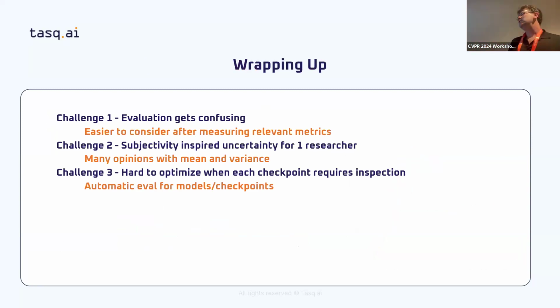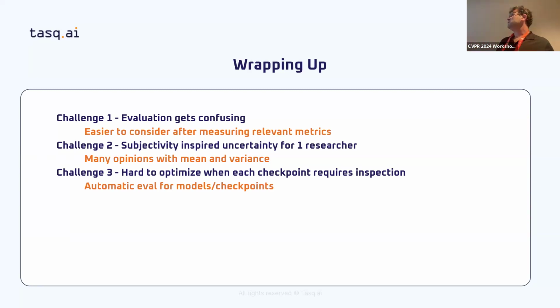So basically, we are trying to use this evaluation in order to solve the different challenges in this domain, where evaluation is confusing many different measures, and now once you measure actually all of the metrics, it becomes much simpler to reason about them, to connect them all to have one metric. And again, for the subjectivity, when you have something subjective, it's subjective for one person. But if you ask many people and you understand the distribution, the mean and the variance, then it became objective